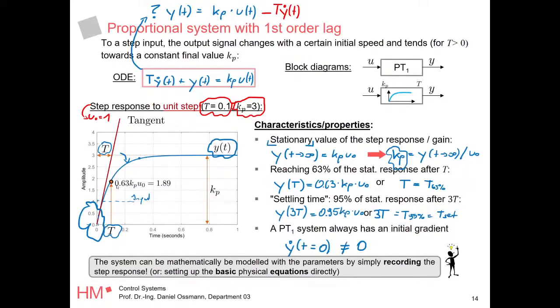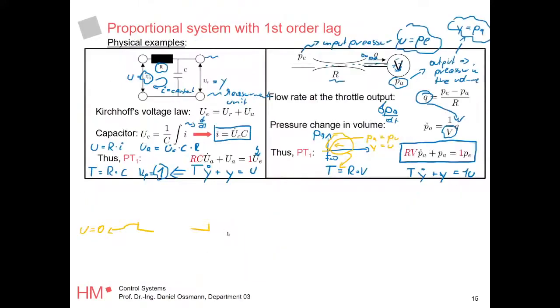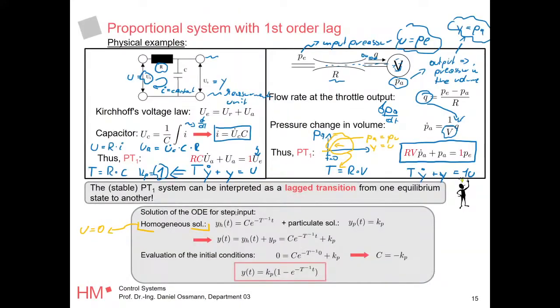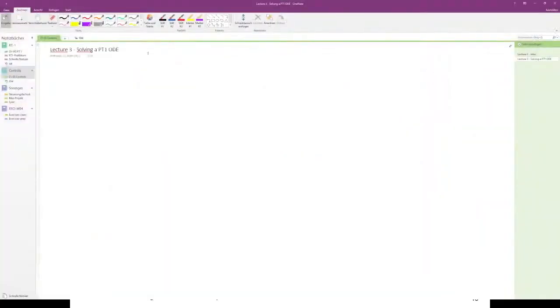So it's basically subtracted from our Kp times our input. Okay, so I know this is pretty compact. That's why I actually want to do this step-by-step solving of the ODE slowly. Okay, so